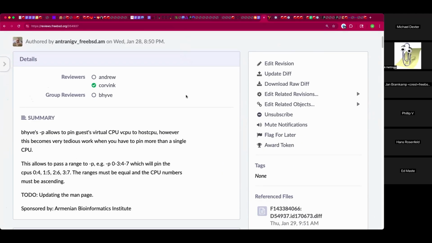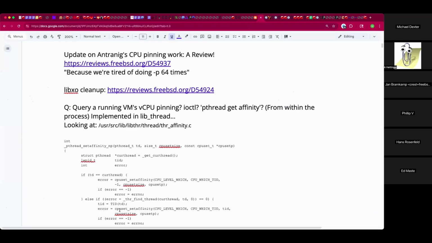What I would like to see on top of that as a user is an option to just have bhyve pick from the highest CPU downward the number of CPUs to pin, so that I don't have to specify which, just pick from the highest.